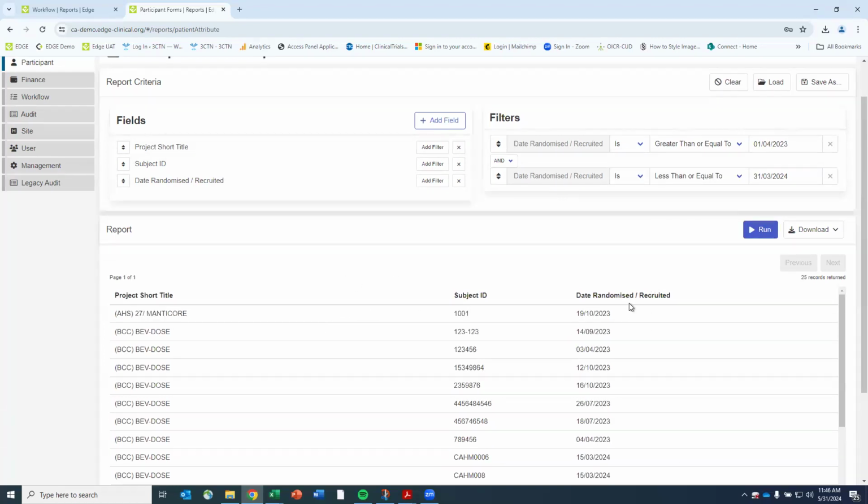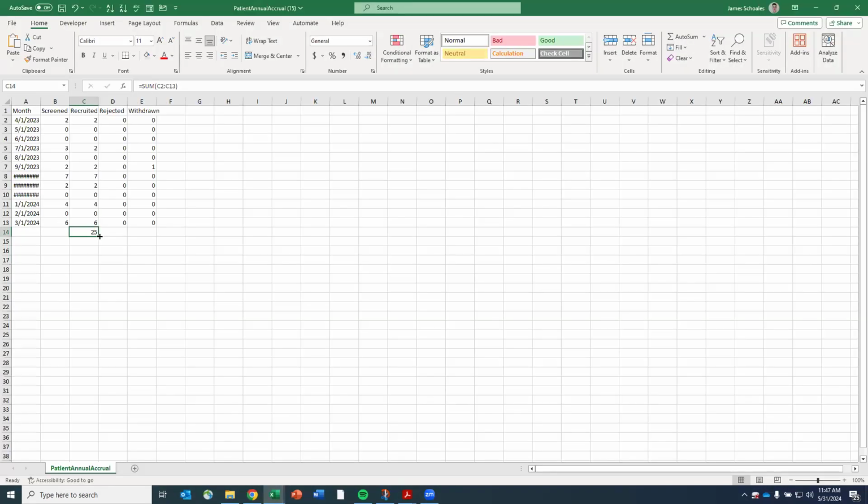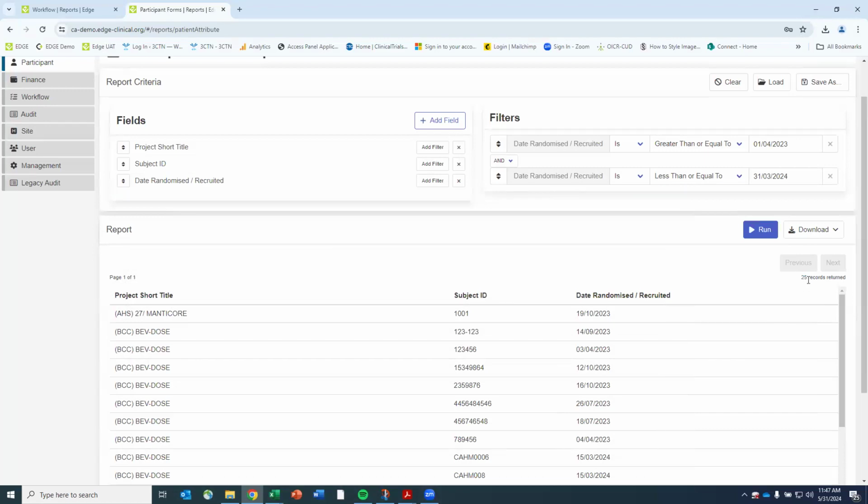So as a verification step, we can check to see how many patients showed up within this report compared to the status report. So if we look here, we have 25 patients. And if we look at our Excel, we also have 25. So that shows that the data is accurate. If the number here is higher, so say this was 27, and the number here was 25, then that would mean that there's duplication within the system, because the way the